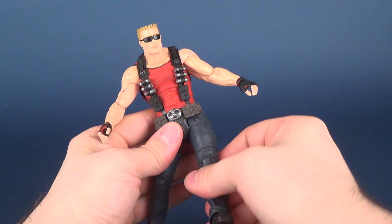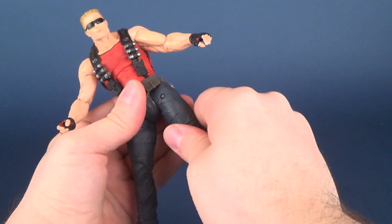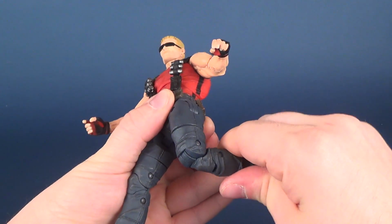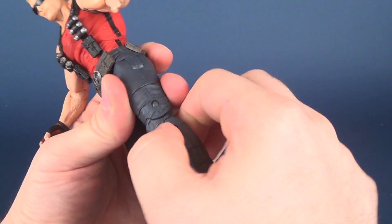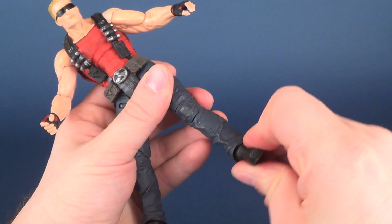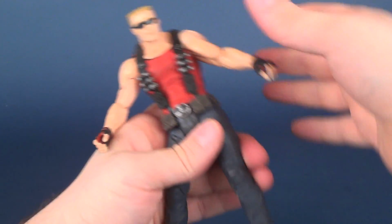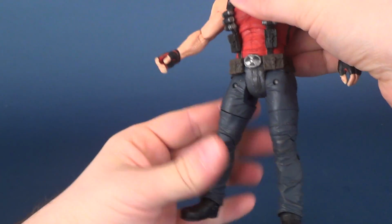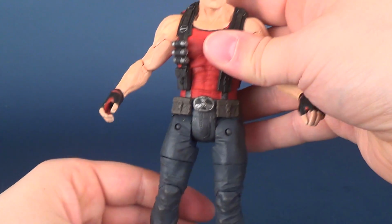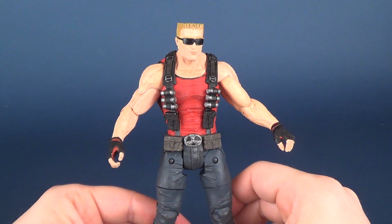The legs hinge outward, slightly forward and back. He's got a mid-thigh swivel cut. Double hinge on the knee, 1 and 2. And then he's also got a ball joint in the foot. Slight ankle pivot too, so if you want ankle rocking action, you can accommodate that quite nicely here with Mr. Nukem. But the only other thing I would say I would have fixed on this particular figure is a little